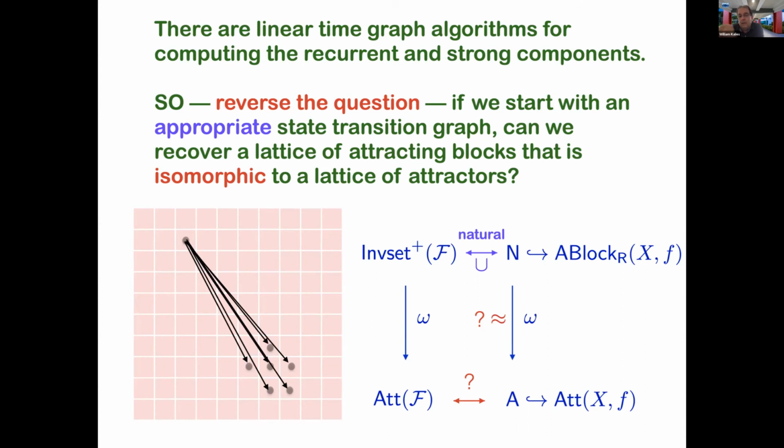And then the question becomes, what can we extract from that, right? So if I just declare these, I have this lattice of forward invariant sets on these cells that come from this directed graph. I declare that those are going to be attracting blocks for whatever system I'm trying to study. Then what can I say about that,